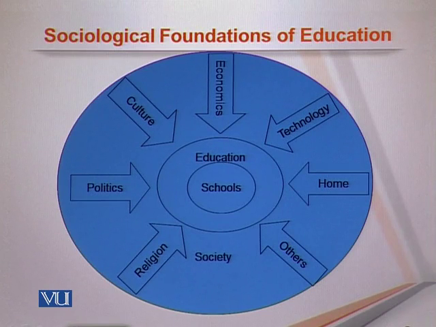The home, the family background, where you come from, plays an important role and will impact what happens in schools, classrooms, and in education. Do you come from a family where parents and siblings are educated? Do you come from a family where people read? Do you come from a family where people and family members interact with one another? All these provide important skills for students to use in their classrooms. This is an important factor to consider. The home environment will play a major role in classrooms, in schools, in education.